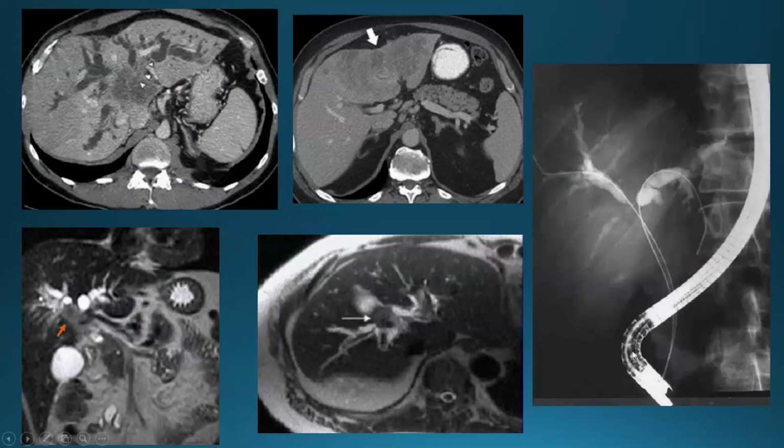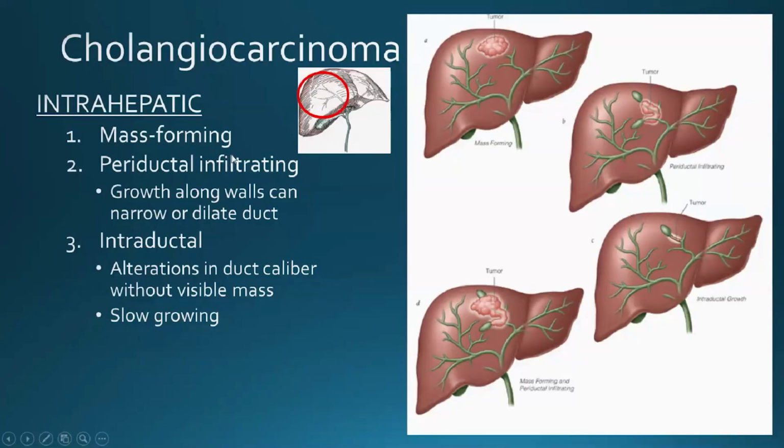And of course, ERCP also is a very important procedure for making the diagnosis of cholangiocarcinoma. So, intrahepatic cholangiocarcinoma usually is in the form of a mass-forming tumor, or in the form of involvement of the bile duct. A tumor grows inside the bile duct, or a tumor occludes the bile duct by encasing the biliary system. Either one,